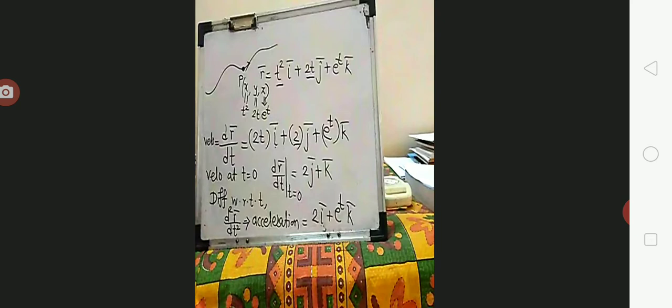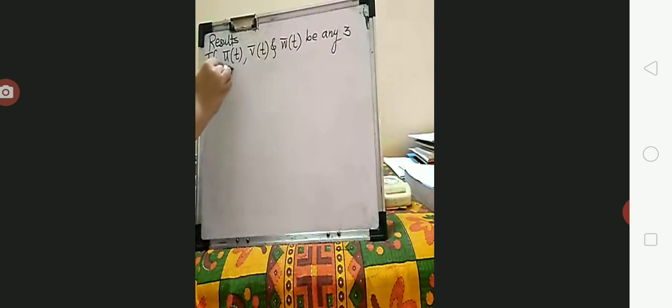Correct. So this way you can see it is very easy if I have a vector represented in terms of only one variable. I think you have done such things in your physics. Correct. So now we'll see the properties if we are considering vectors in terms of only one variable. So the first set of results: if u bar of t, v bar of t and w bar of t be any three vectors, then